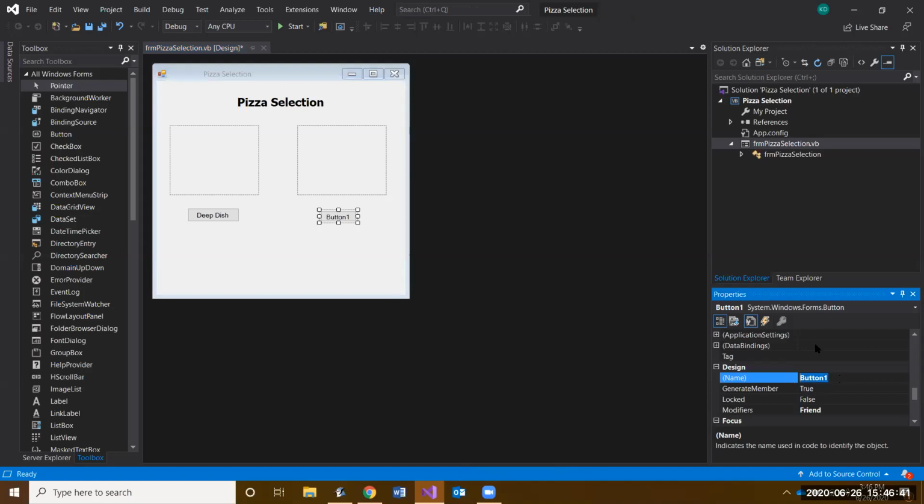Change the name, BTN, thin crust, because this is our thin crust one, and then change the text. So make sure you're understanding the difference between the text property and the name property, okay? The text for this one is gonna be thin crust. We're gonna resize it so that we can see the text. And then remember that